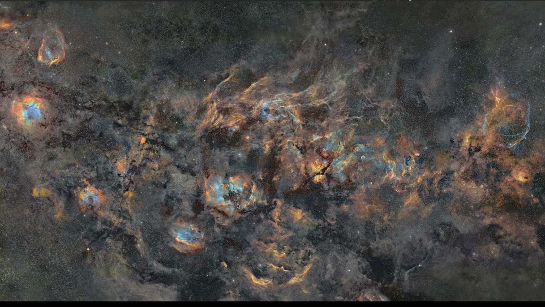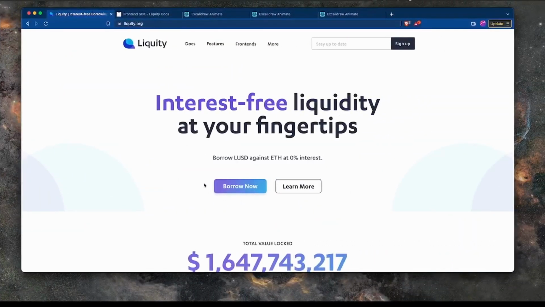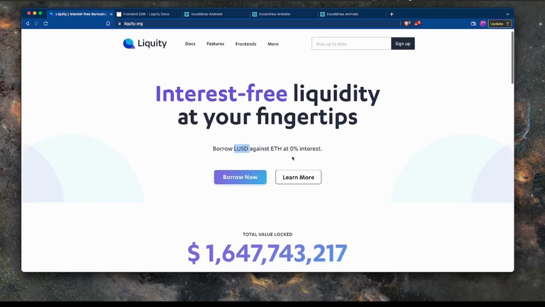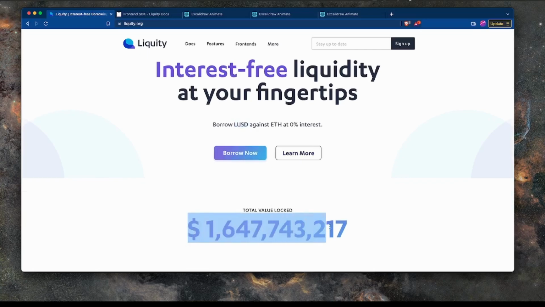In this screencast, we're going to take a look at Liquity, which is a decentralized lending protocol. Now, let's start with looking at their website. As you can see, one of the most interesting features of Liquity is that it's interest-free. What you do with this platform is you deposit your ETH and you get in return LUSD, which is a stablecoin pegged to the US dollar. And you get this at 0% interest. Amazing, huh? And it's obviously quite amazing because they've got more than 1.5 billion US dollars of total locked value